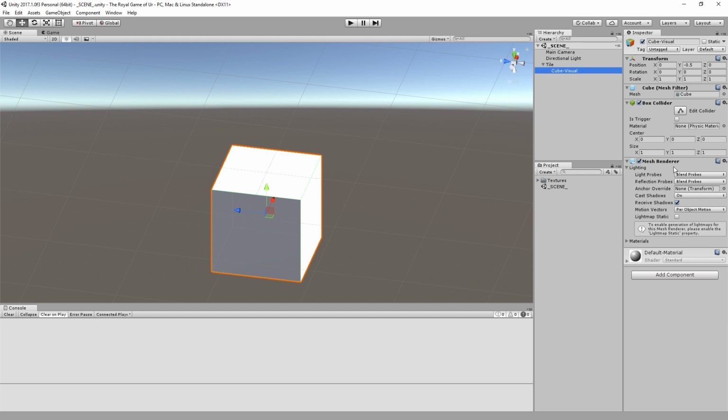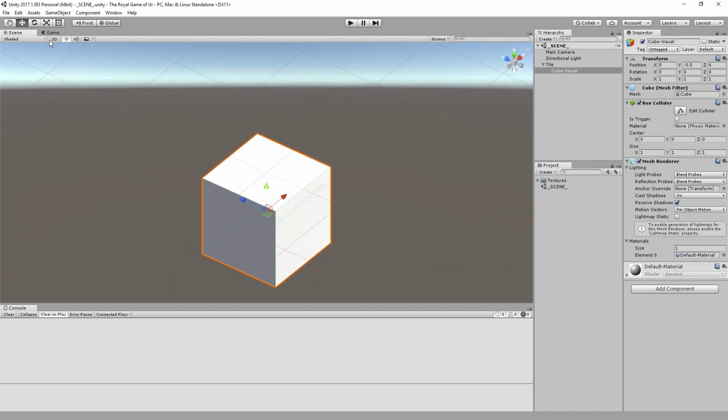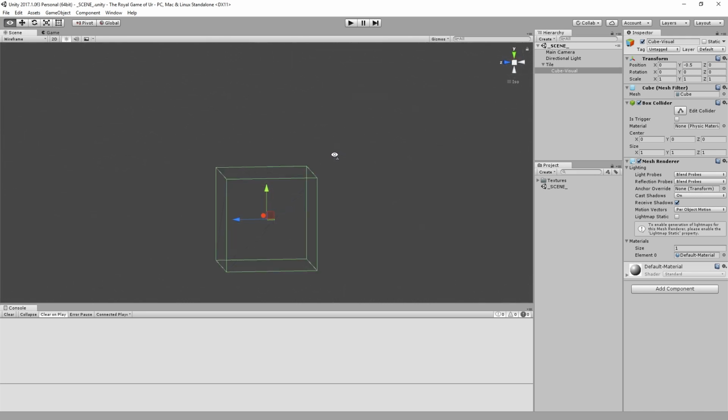So again, it has the mesh filter. It has the mesh renderer. And the mesh renderer has a material slot over here, which you can see info there. And we can increase this and get some more information about it. The mesh filter itself contains the information about the triangles and the mesh, the vertices of triangles that make up your 3D object. If you go to your scene over here and you switch to wireframe view, you can actually